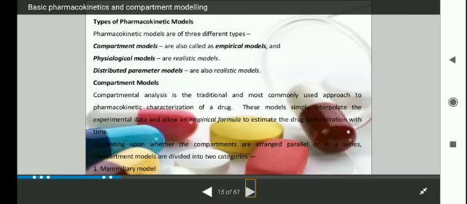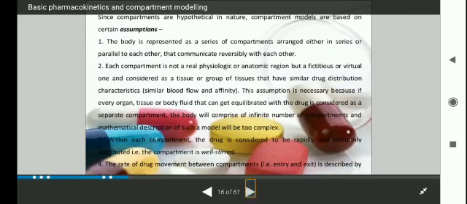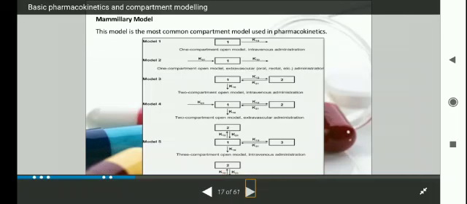And these all we have seen just now. Compartment models, which are also called empirical models, and physiological models along with distributed models. Okay, mammillary model and catenary model. I'll go directly with the diagrams. Okay, see now mammillary model, here you can see this one. We can divide our body into many compartments. Say for example, first compartment, second compartment and third compartment.